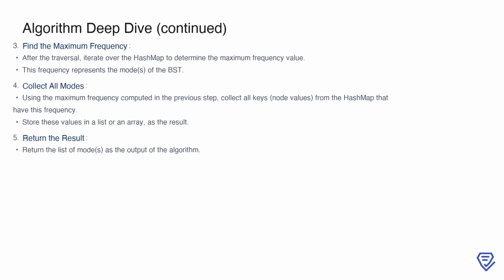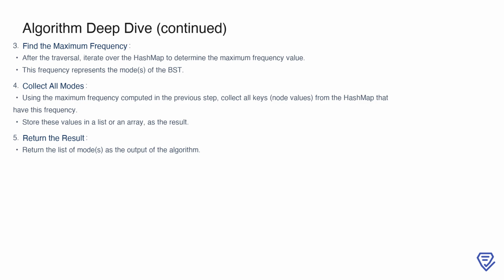After completing the traversal and populating our hashmap with value frequencies, the next step is to find the maximum frequency. To do this, we iterate through the hashmap and track the highest frequency observed. Once we know this maximum frequency, we can collect all the values from the hashmap that have this frequency. These values represent the mode or modes of the BST. Finally, we return these modes as a list or an array, which becomes the output of our algorithm. This straightforward approach ensures that we capture the most frequent values in the tree efficiently,